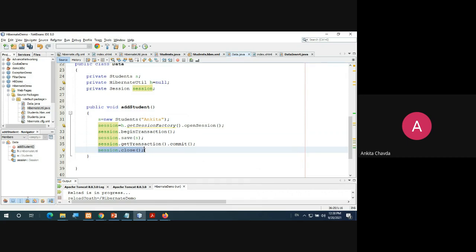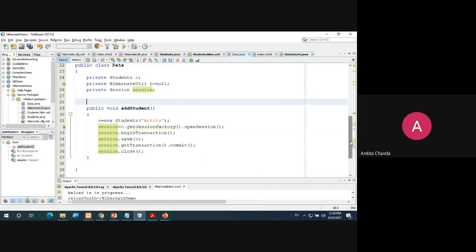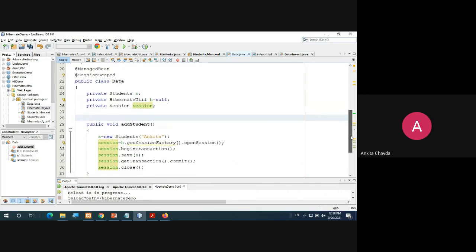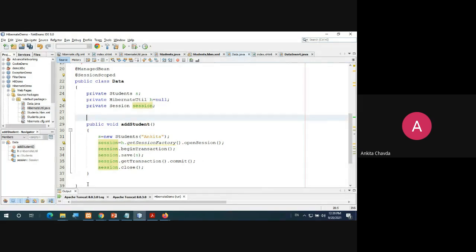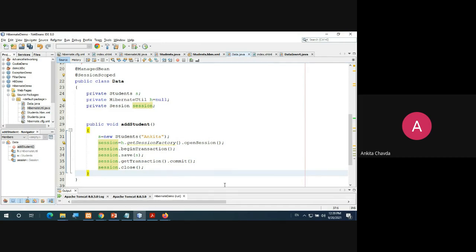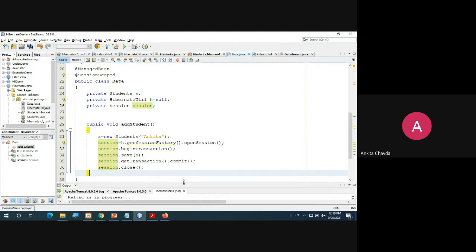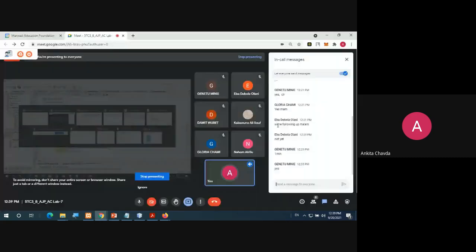Is this clear? What you are doing over here is, please have this code, finish this, then we will move ahead.